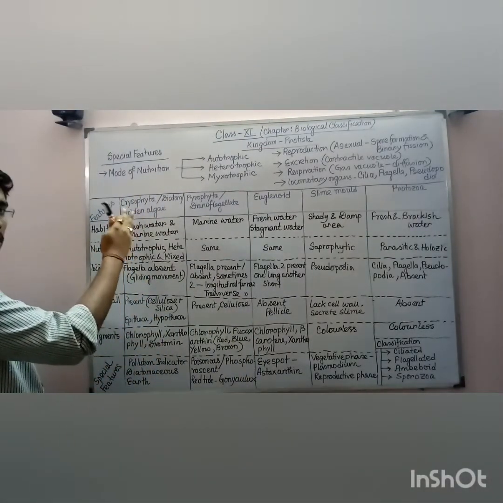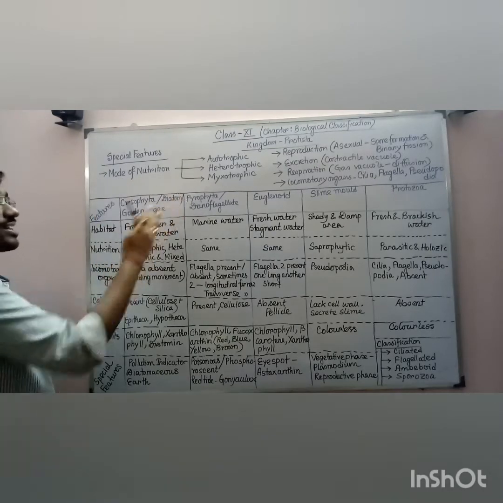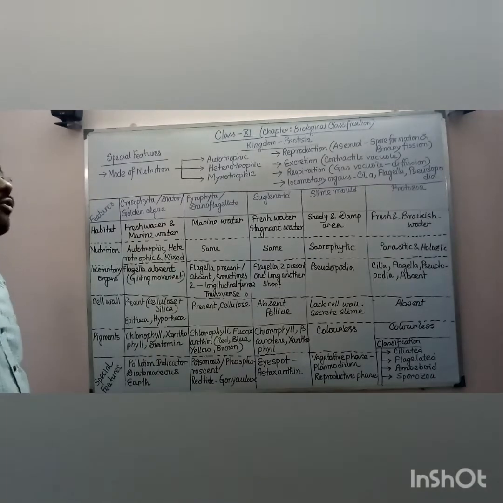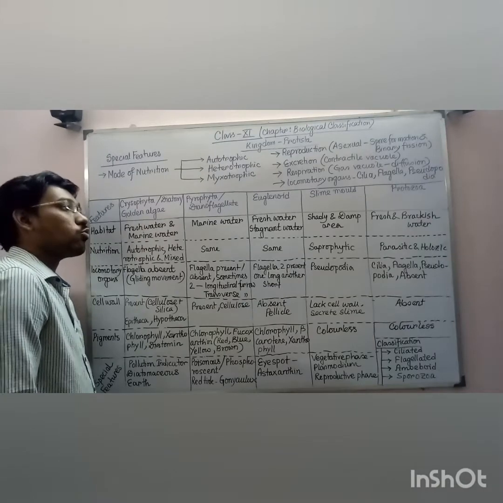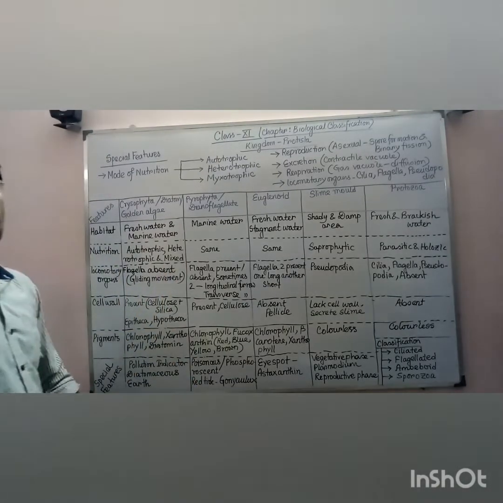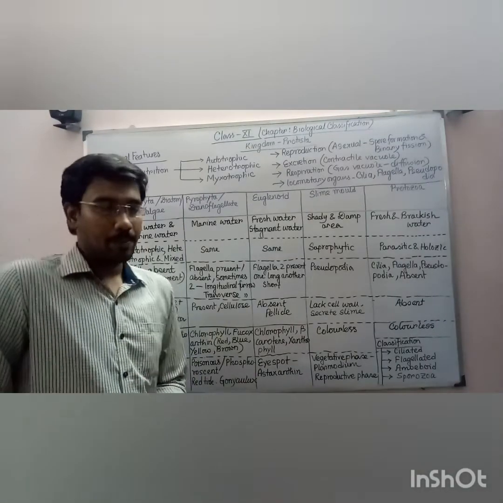So Chrysophyta or diatom or golden algae is the first class. Second class is Pyrophyta or dinoflagellata. Third class is euglenoid, fourth class is slime mold, and fifth class is protozoa. So let's see the differences between them based on their morphological or anatomical characteristic features. So let's see. First,